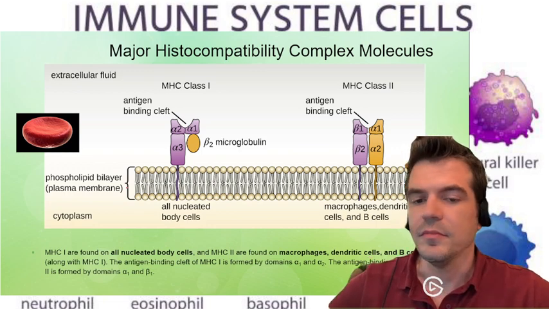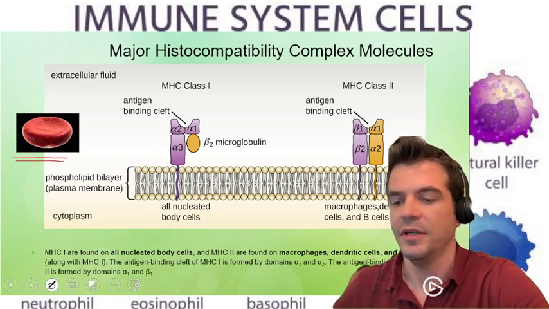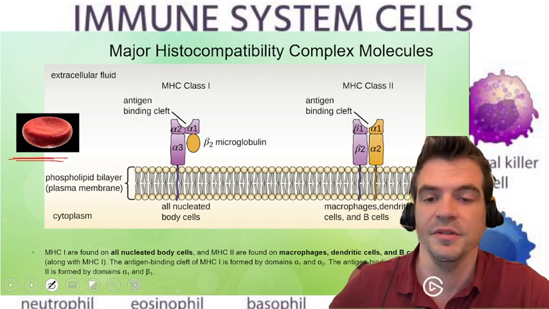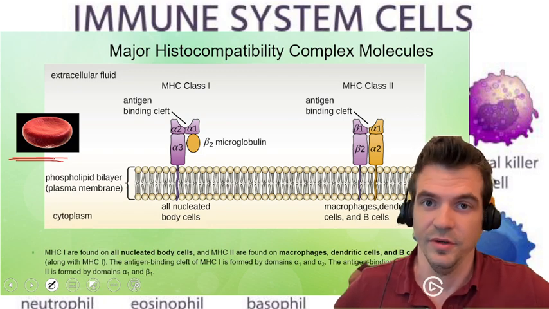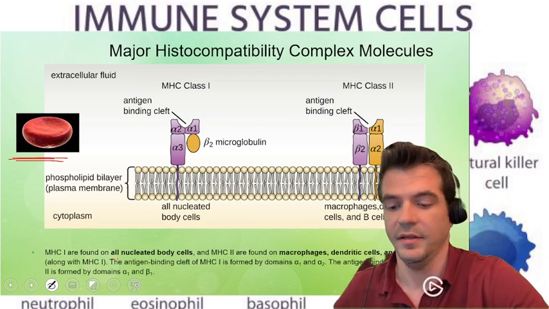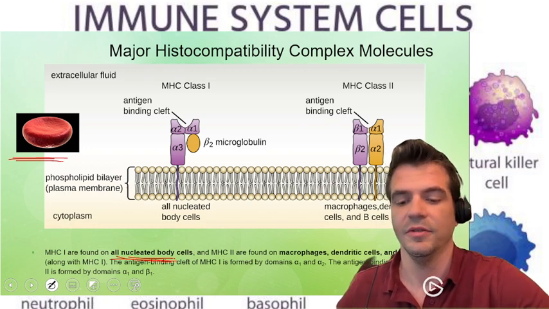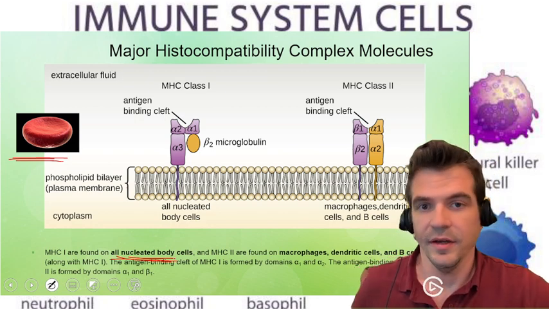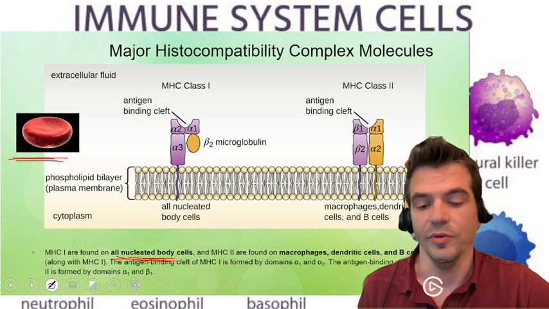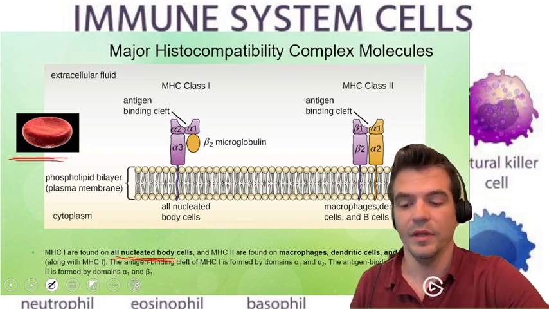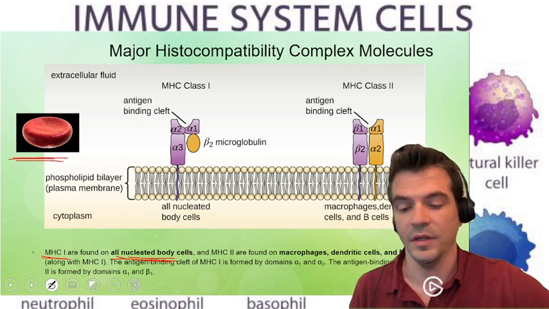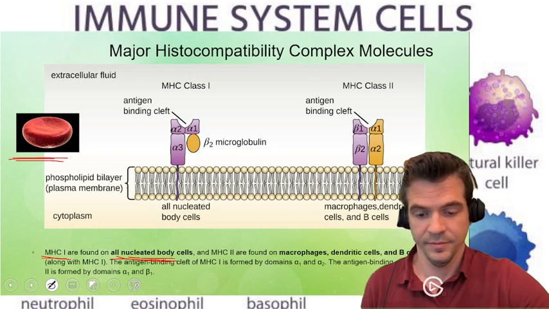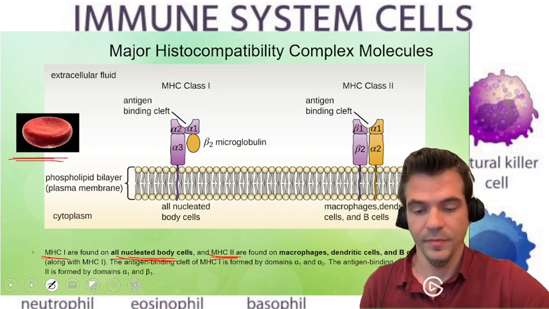And again, remember that our red blood cells are not nucleated cells and they would not have these major histocompatibility complexes, but most of our other cells are nucleated, and that's why we make that distinction here. All nucleated body cells. It's hard to think of any others that aren't nucleated other than the red blood cells. So that's what they're alluding to there. The major histocompatibility complex 1 is found on all nucleated body cells, and 2 is found on